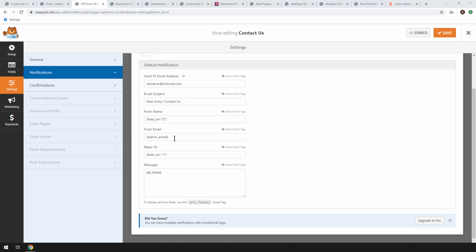So what you'll need to do is delete that admin email, unless the admin email actually matches your website's name, which can be good as well. But let's say I'm at ideaspot.site, but this needs to be wherever your website is actually hosted. So whatever.com you're on, put that in there. So I'm just going to call that contact form at ideaspot.site and hit save. And now when the website sends out this form email to your email, it's going to say it's from contact